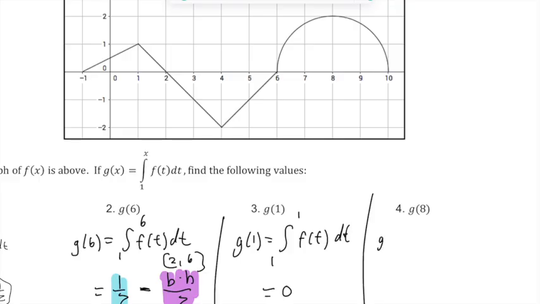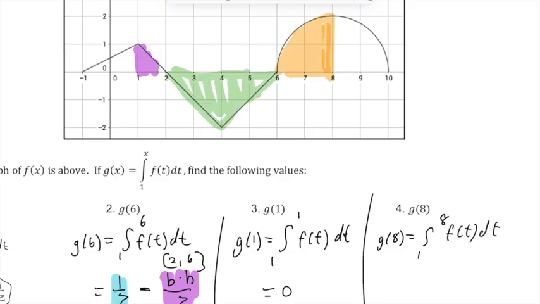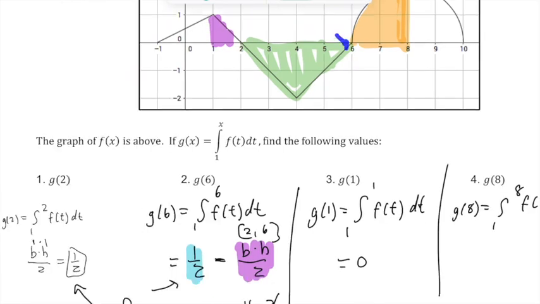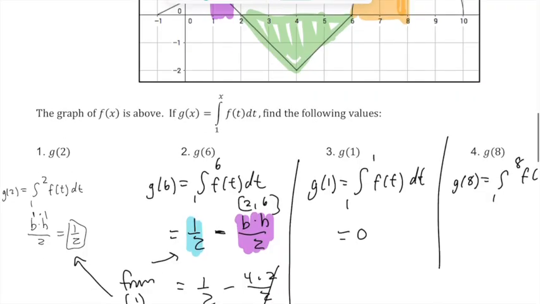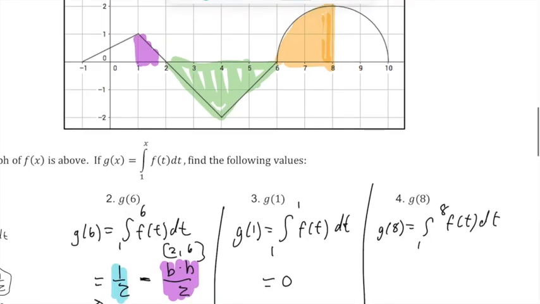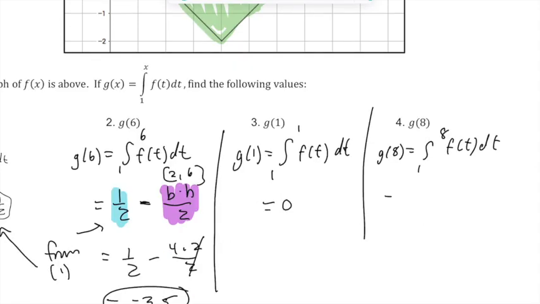Last one, so we're going to go g of 8 is equal to the integral from 1 to 8 of f of t dt. Okay, so we have kind of three shapes we're trying to find. We know this shape from question 2, so really all we need to add is this one here. Because again, we've already added these two together in this problem right here. This area was 1/2, and this area was -4. So I'm going to take -3.5, and again, I'm going to make sure that we say that that's from number 2,